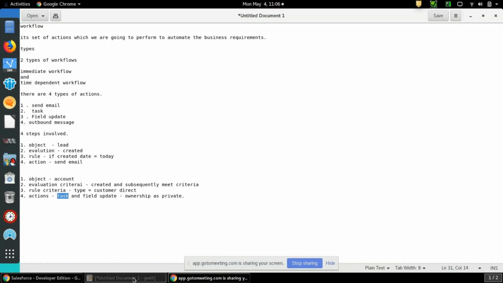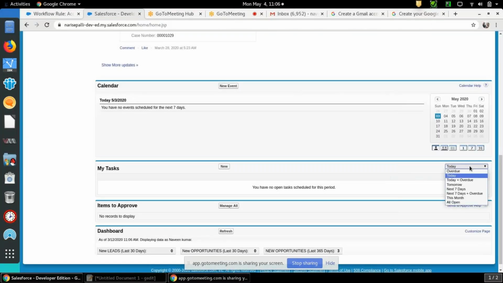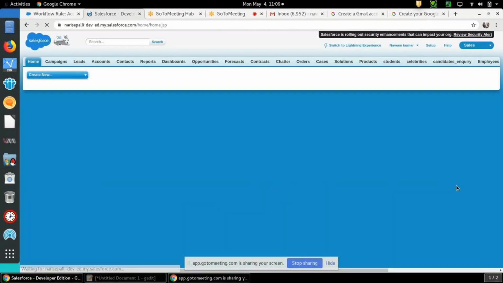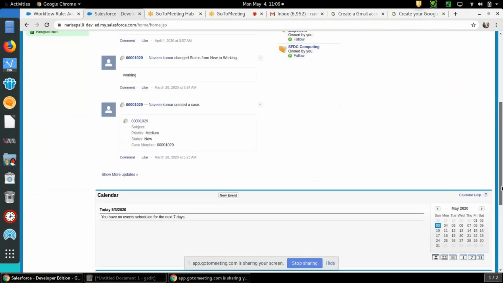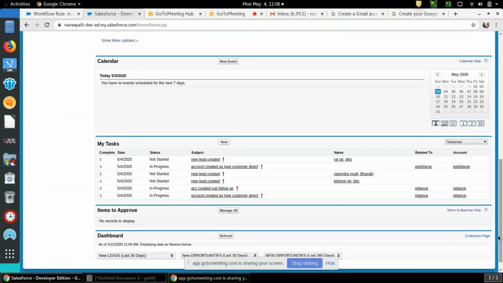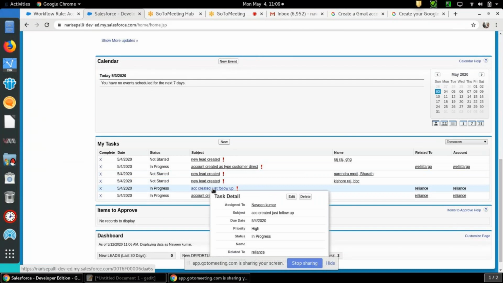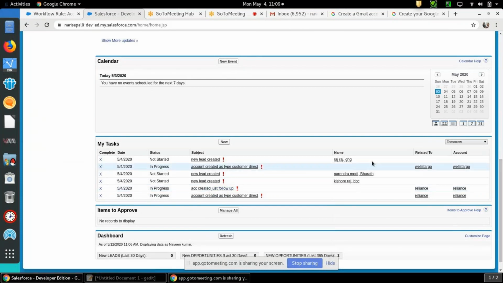So go to today, account created, click on tomorrow. So it will display all the things which you need to perform tomorrow. So which is ours, account created, just follow up, this one. Okay. You can see high priority, status in progress, and related to Reliance. Right. This is nothing but field update.